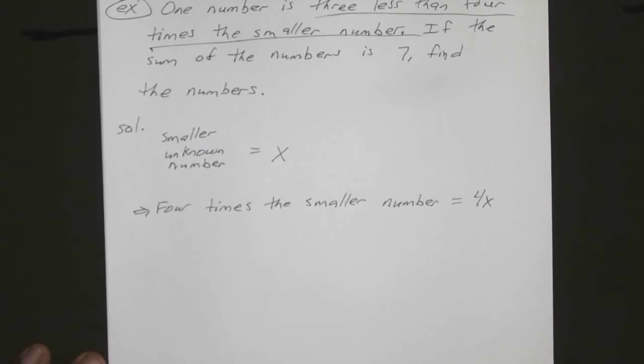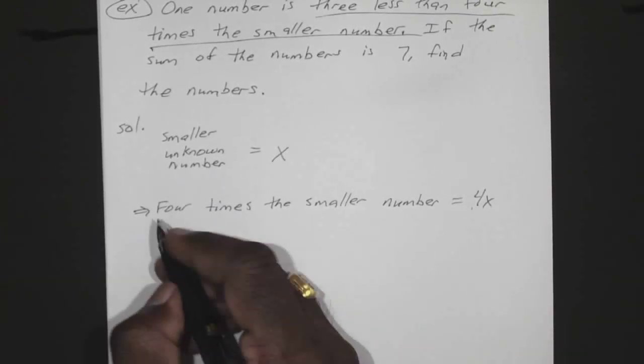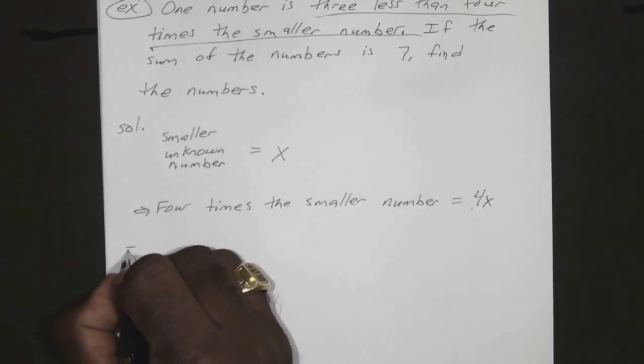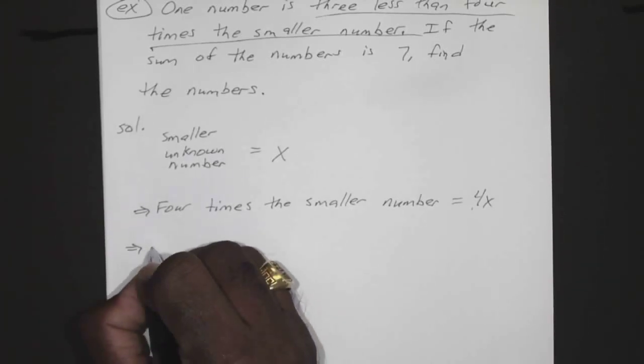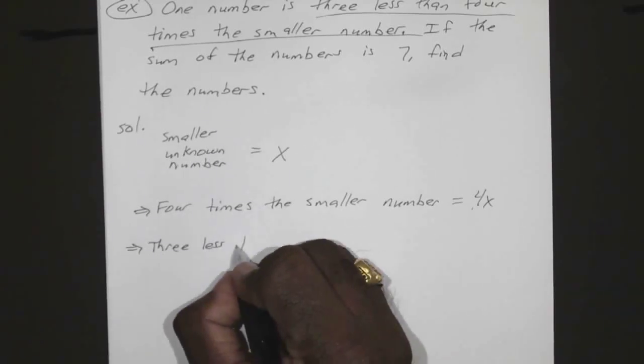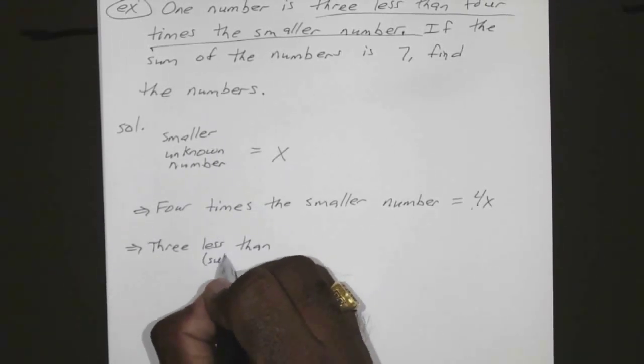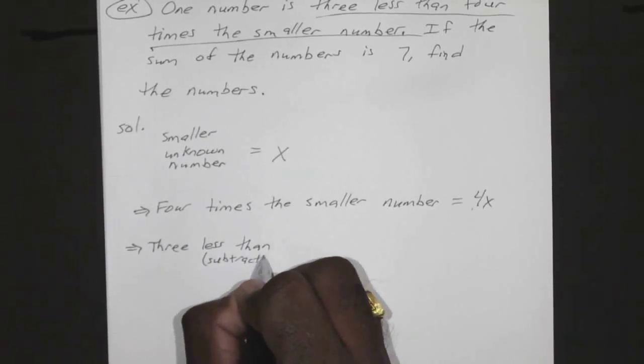Now 3 less than 4 times the smaller number, you have your 4 times the smaller number. 3 less than that would just be 4x minus 3. Remember, whenever you see less than, you're going to automatically think subtract. If you saw more